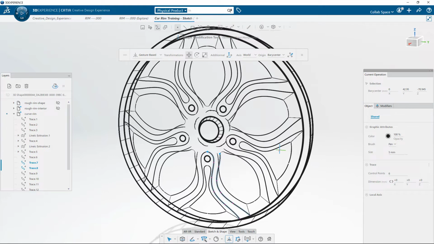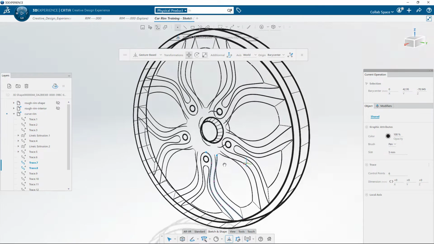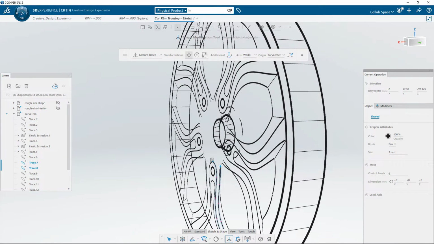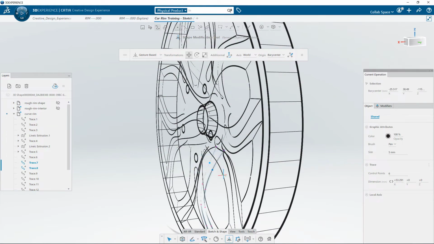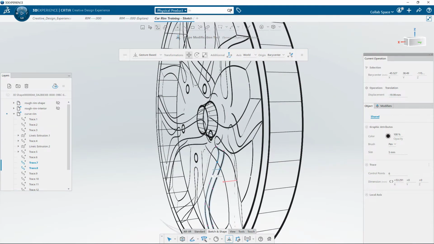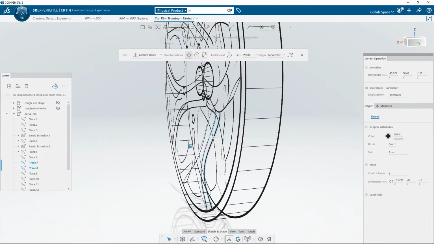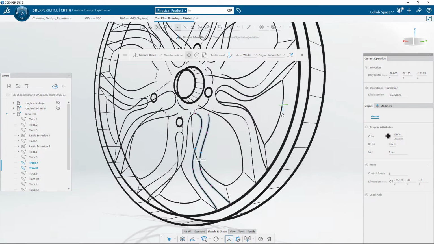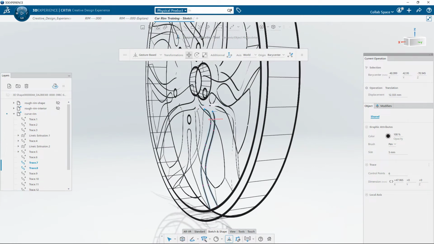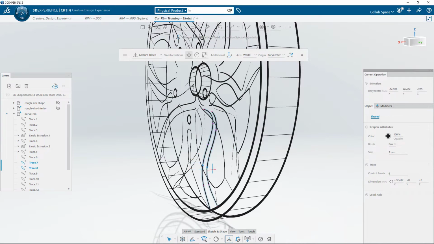I need to manipulate only one portion of the curve, not the complete curve, so I switch to vertex selection filter, and this time I see the vertex of the curves. With multi-selection activated with the Shift key, I can select the upper group of vertices and move them in the depth with the gesture-based robot in translation mode. I simply alternate between multi-selection and translation while navigating to have a better point of view.